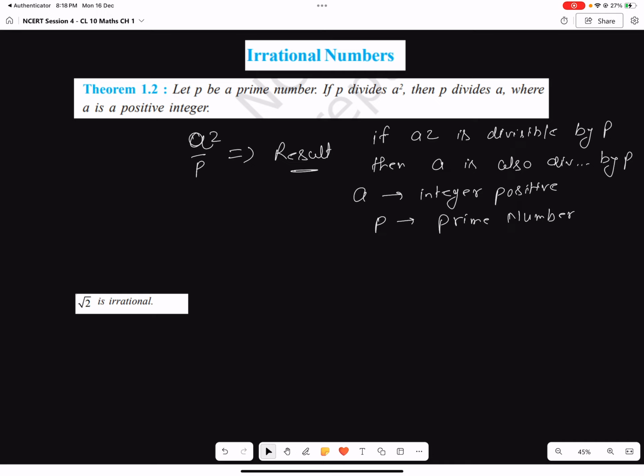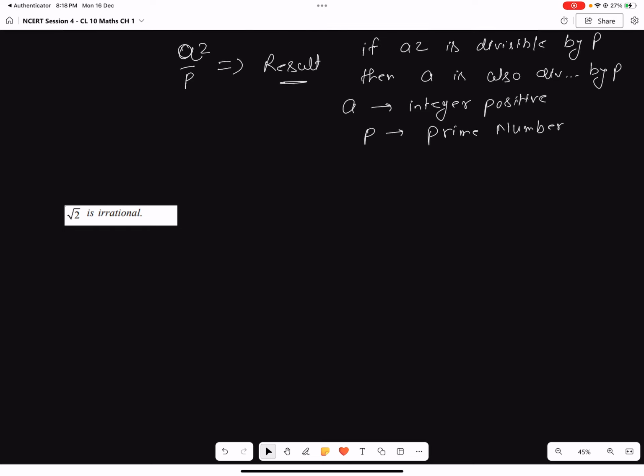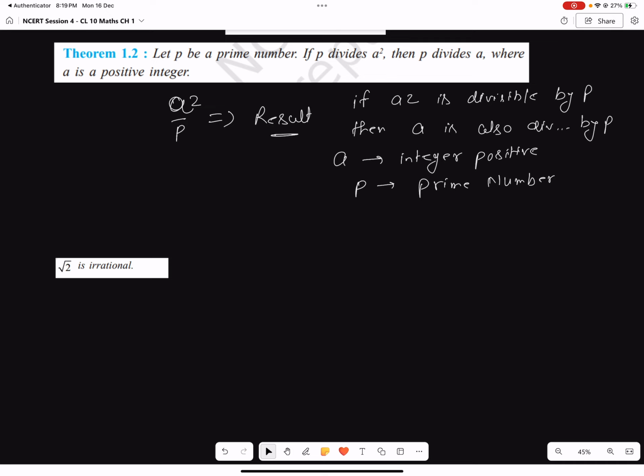Now we will use this theorem to prove that root 2, root 3, the sum of rational and irrational number, etc. are irrationals. So let's just first take the example of root 2. So root 2, how we will prove that? First we will go by method of contradiction. So our approach would be, we will use method of